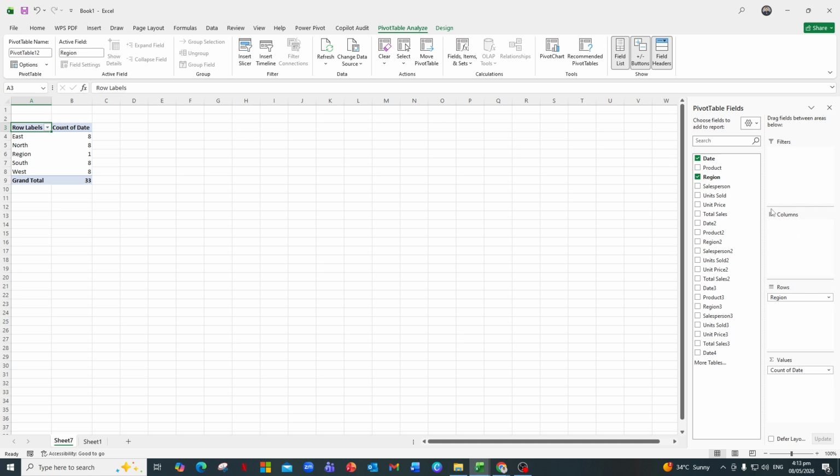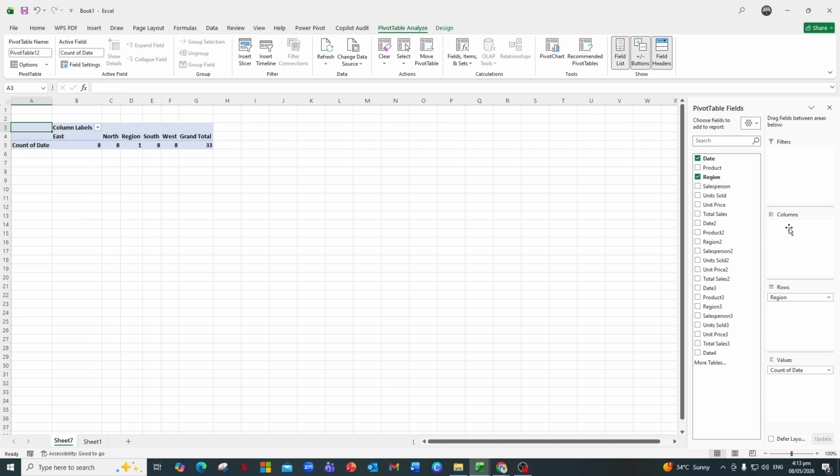To drag columns, focus on the columns area. You'll see one or more fields listed there. Each of those fields corresponds to a column header you see at the top of your pivot table. To change the order of the columns, simply click and hold one of the fields in the columns area and drag it either above or below another field in that same section. When you release the mouse, Excel will instantly update the layout, and you'll see your columns rearranged in the new